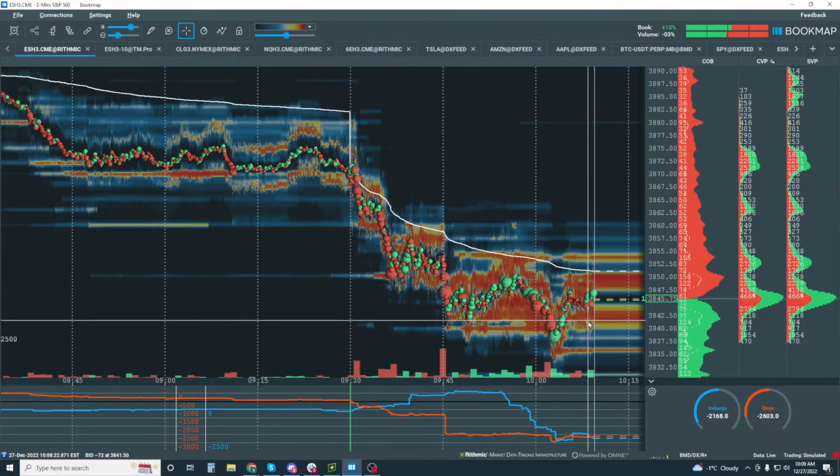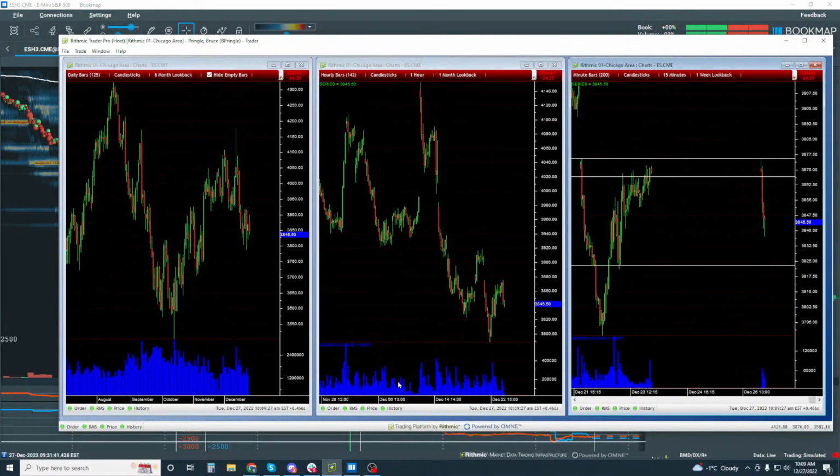All right, so let's jump back. Let's take a look at our bigger picture here, here we go. So our candlestick charts: the daily is on the left, the hourly in the middle, and the 15-minute on the right. Okay, so what are we seeing here? Well, let's start with the daily. All right, and we can see